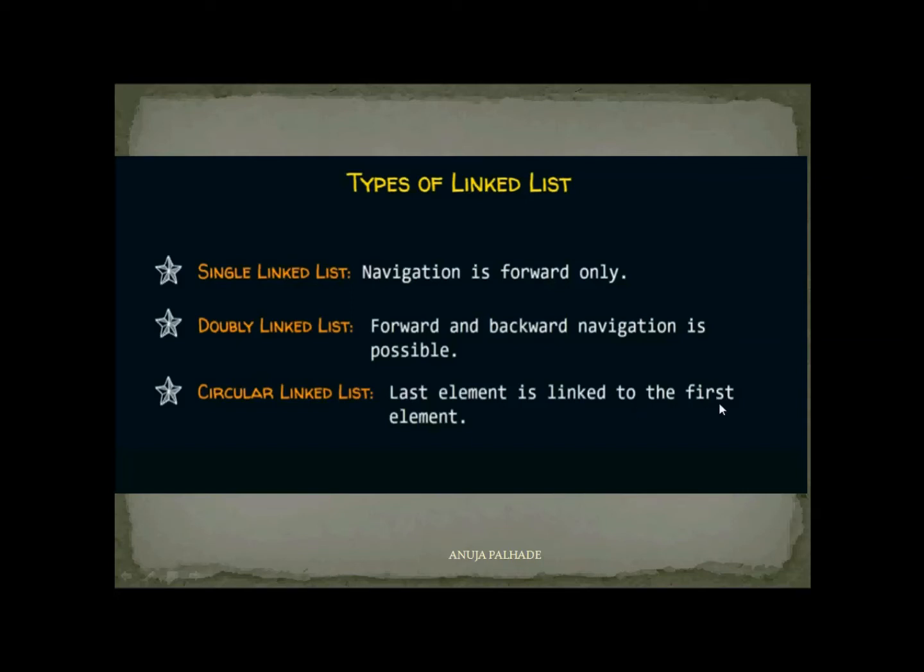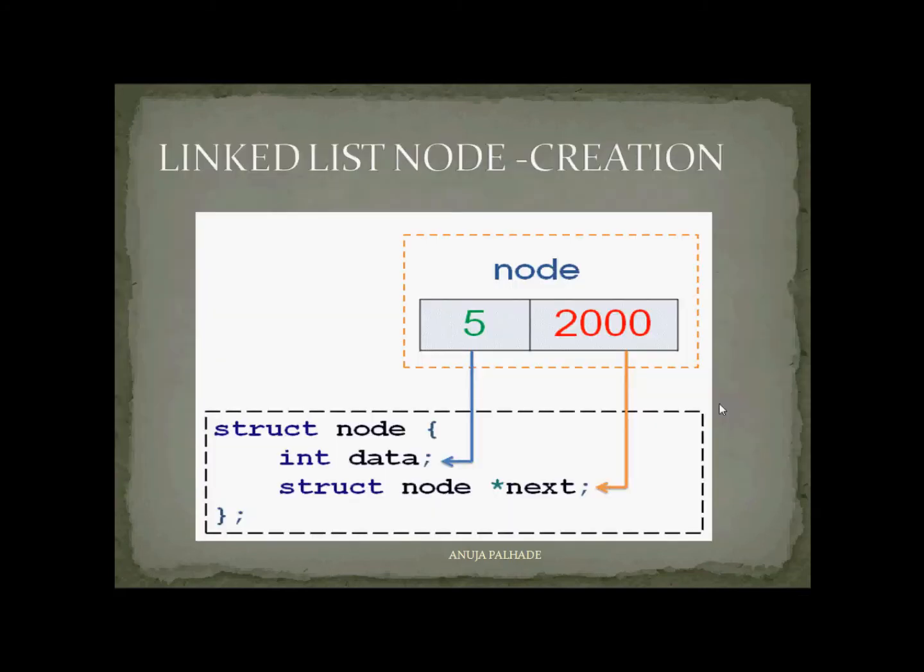Now, looking at the introduction of a linked list, we can see here the node structure of a linked list. This is the single node of a singly linked list. You can see this is the data field, whereas this is the address field of the next node. So these two fields in total are called a node.